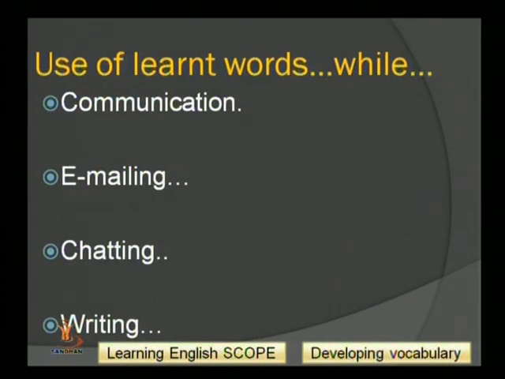Similarly, nowadays we are very much fond of chatting with each other because it is our basic need. And when we chat with others, we should try to use these new vocabulary items. And you know, when we use these items frequently, it will be with us forever: the meaning, the pronunciation, and the word itself. So this is how, while chatting, you can use these new vocabulary items, new words,